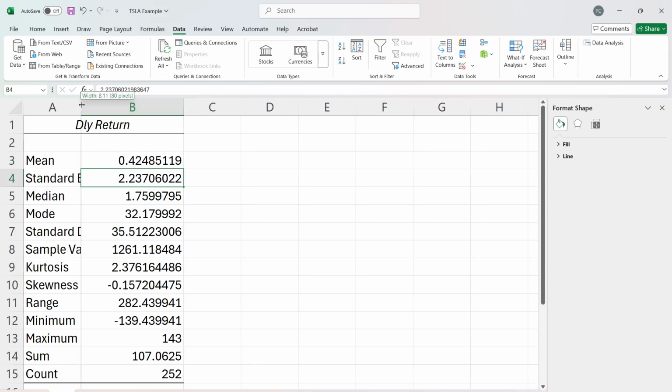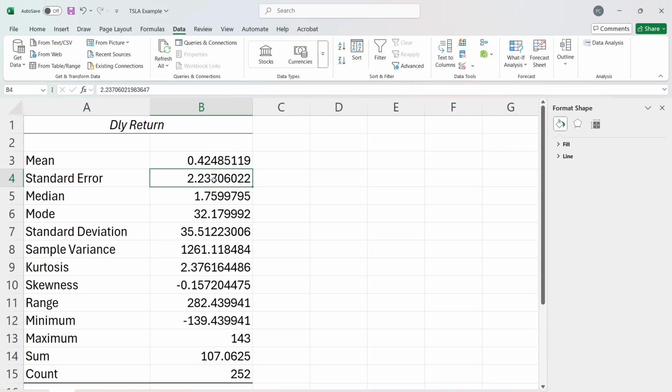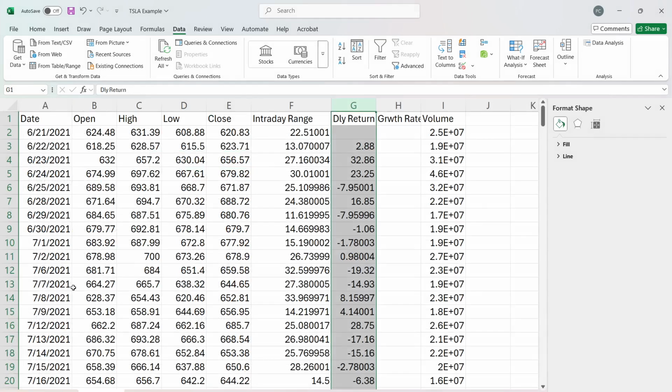Remember, the standard error is the standard deviation divided by the square root of n. This is not how much the data is spread out. This is something like how far your sample average should be from the population average. So when I make a confidence interval and talk about what the population average would be, I'm talking about what the mean return would be for Tesla stock, not just in this sample, which is from 2021, but in the long run. If I held this stock for a long time and it had the same kind of characteristics across